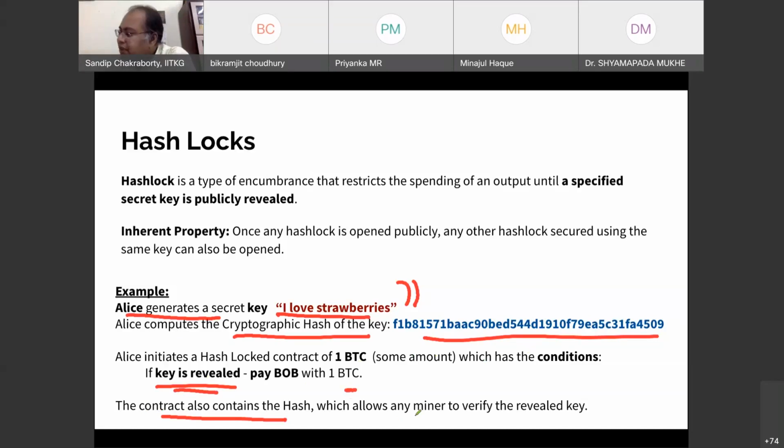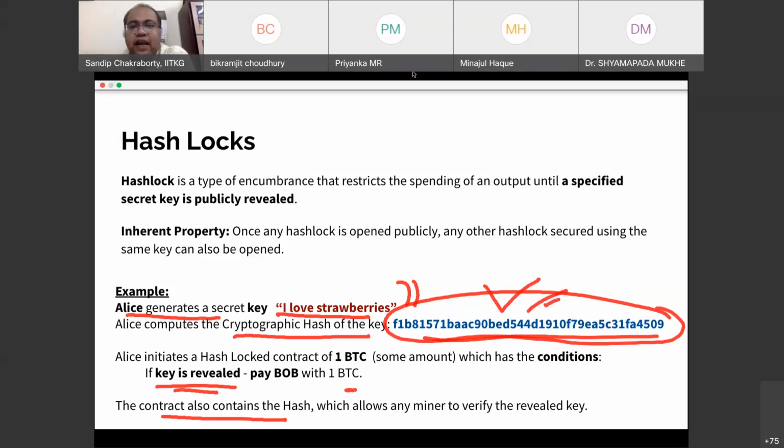So that basically means that this hash that you are generating has been incorporated in the contract. Well, and the contract is submitted to the network with this corresponding hash. Now, once you are revealing this key, that the key to this hash is "I love strawberries," at that instance the contract gets opened, because the hash gets revealed. Once the contract gets opened, then both the contracts which contain this hash get executed.